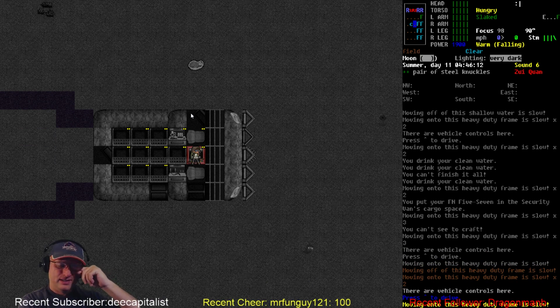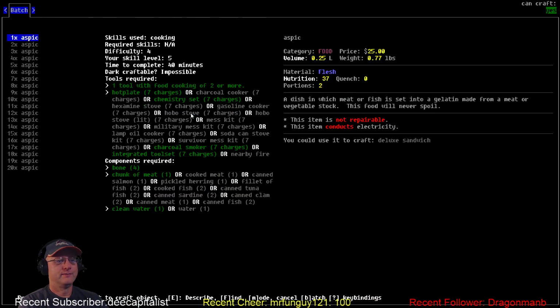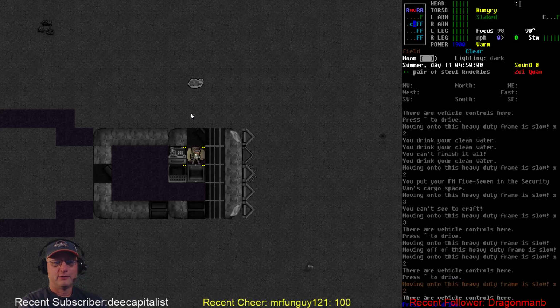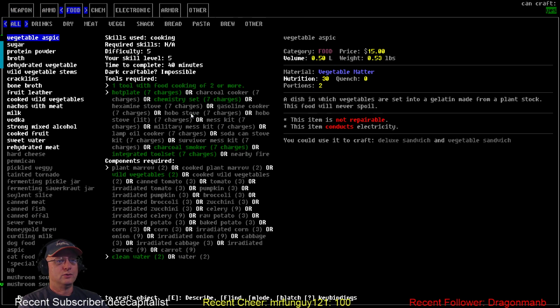So, alright, I guess there's just enough moonlight plus my night vision that I can still craft in the dark, just not the very dark. So I should be able to cook food from here. So, do the aspic. And then do...